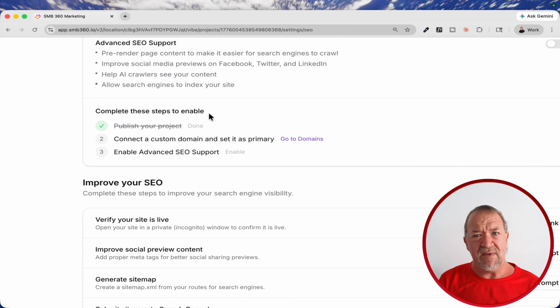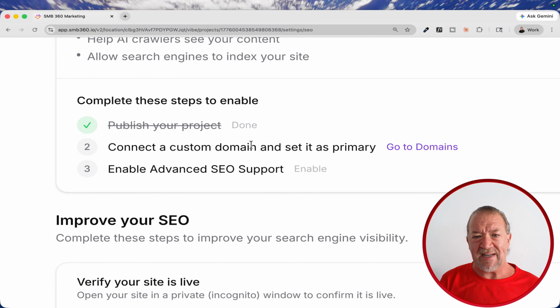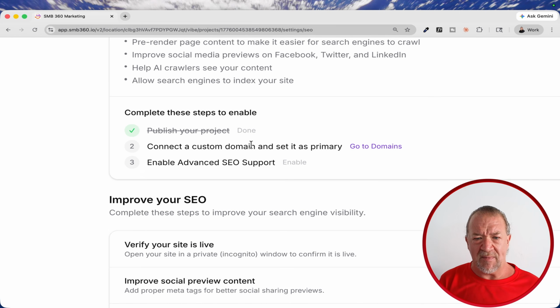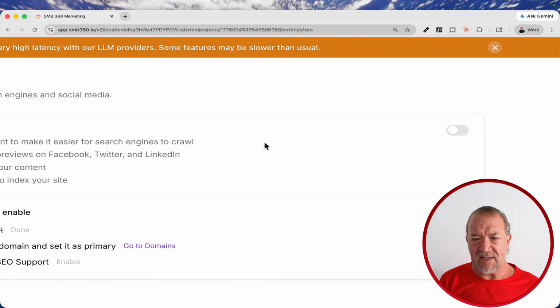But before you can do that, if you look at these steps, your project has to be published. You have to connect to a custom domain. You cannot leave it in the default domain. So you must connect it somewhere to a custom domain. And then after you give it a custom domain, you come up here to this toggle switch